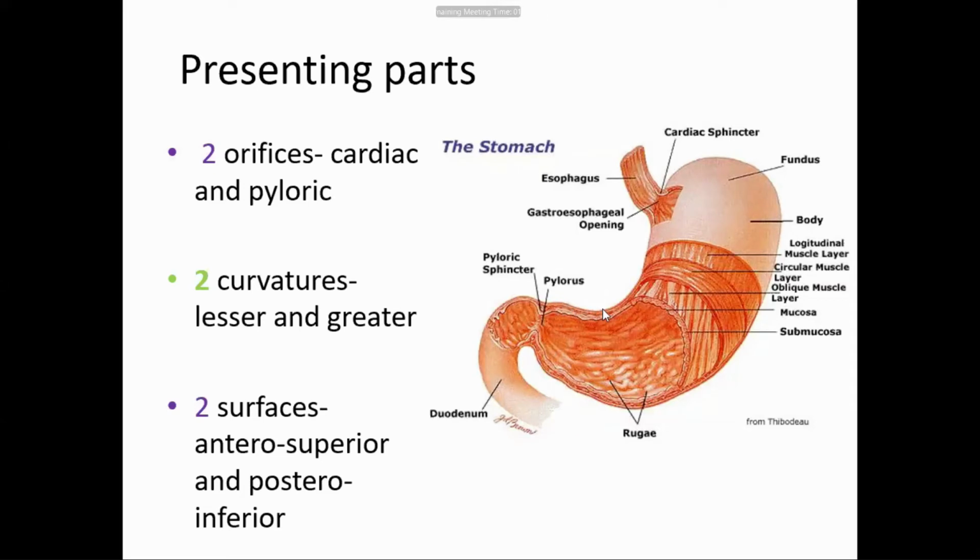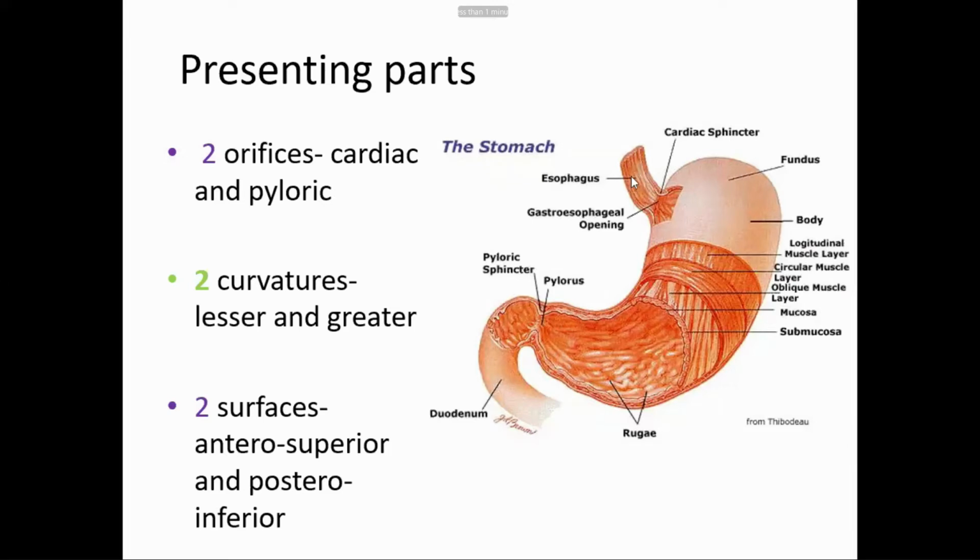That most dependent part is named the incisura angularis. Opposite the incisura angularis, towards the greater curvature, is the dilated part, and on either side there are depressions. In those depressions, two imaginary lines are drawn for the divisions of the stomach. The greater curvature gives attachment to the greater omentum. The lesser curvature gives attachment to the lesser omentum.